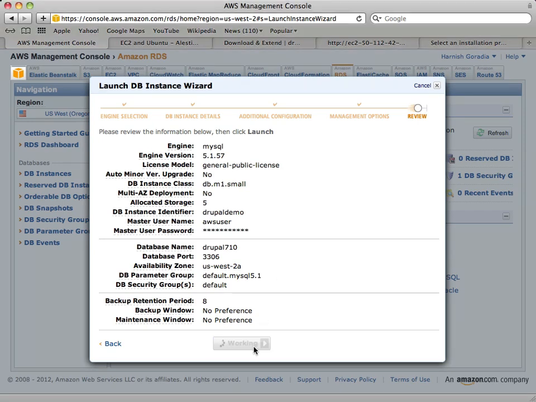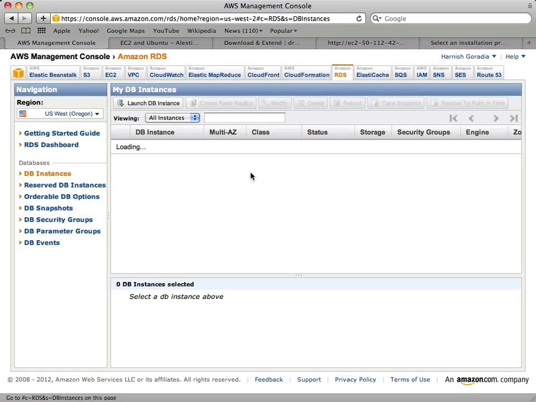Okay. So this is going to take some time. It's creating this instance. One of the first things it does is bring it up and then back the whole thing up. Backs up a blank database? Yes, it's not just a database. It has the whole database server. It is specialized for just MySQL, but it will come with the basic MySQL table, the test table, the blank Drupal table, that Drupal 710. So this is going to take a few seconds here.